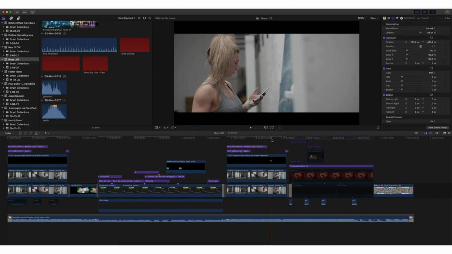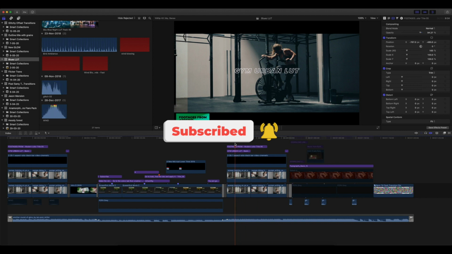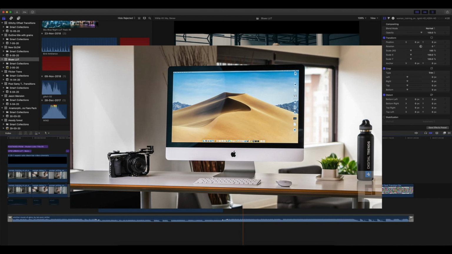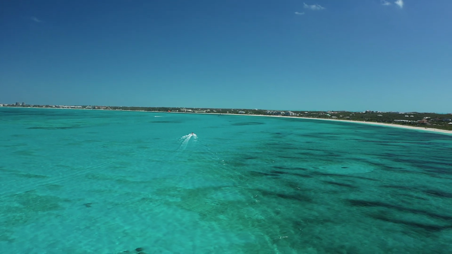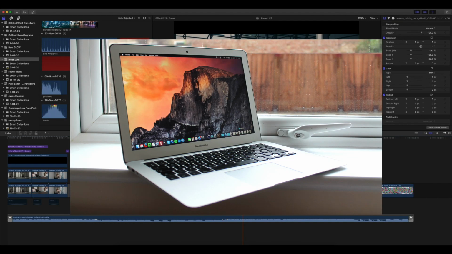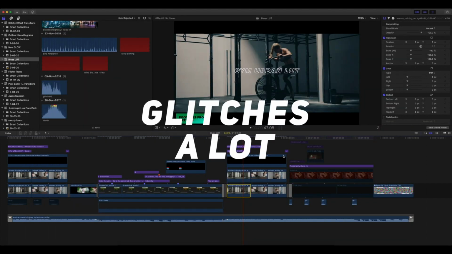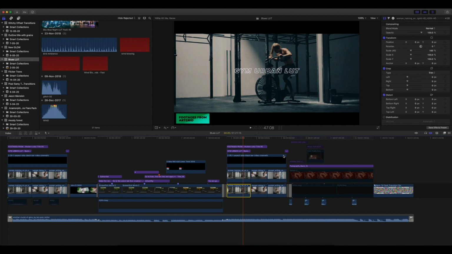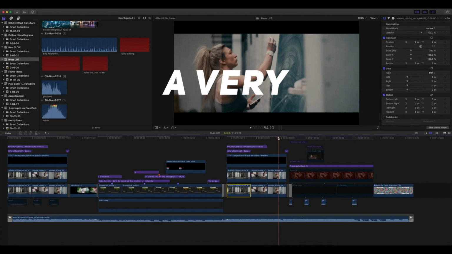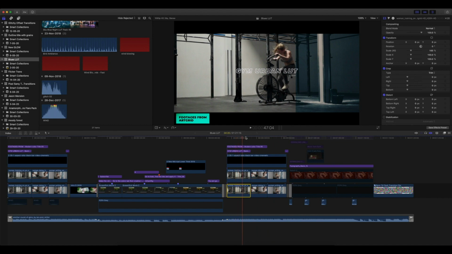As a video editor, editing videos is one of the most crucial things. But getting a fast computer and editing all kinds of footage might be a bit of a headache for some of you. Although on my iMac, footage such as DJI footage, which is in HEVC format, runs very smoothly. But on my laptop, which is a MacBook Air, this is the result. My footage stutters a lot and glitches a lot because my MacBook Air has a slow processor. Because of that, the DJI shots run very slowly and editing them on the go is a very tedious process.